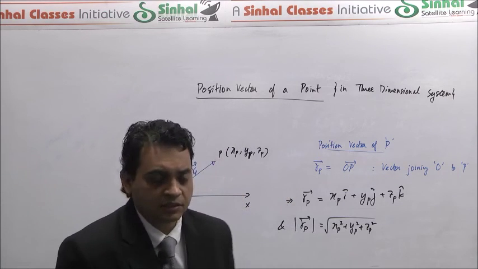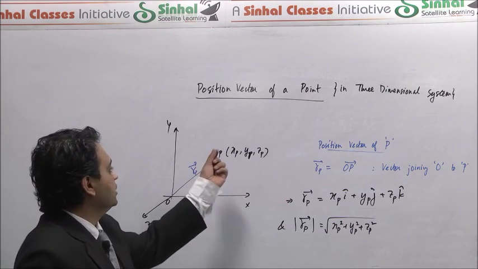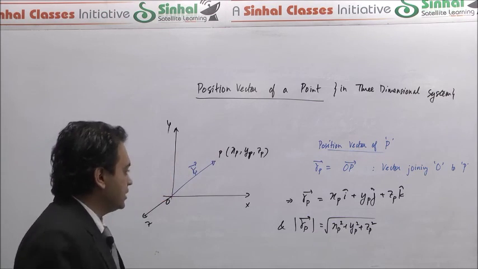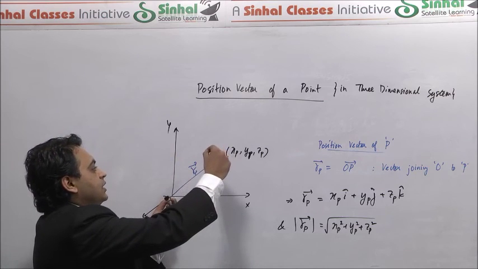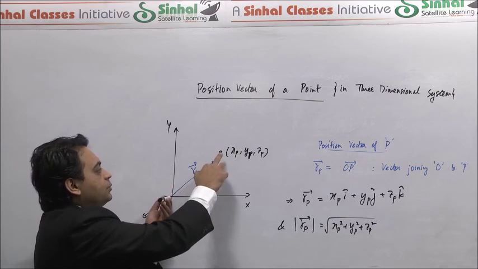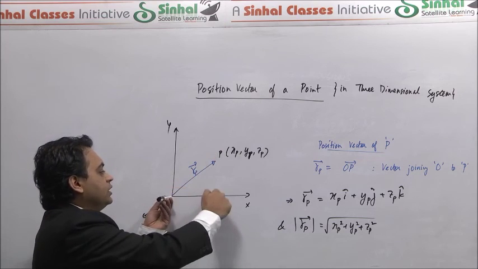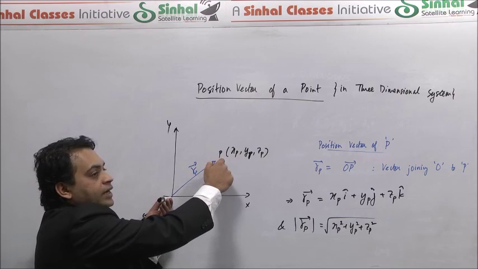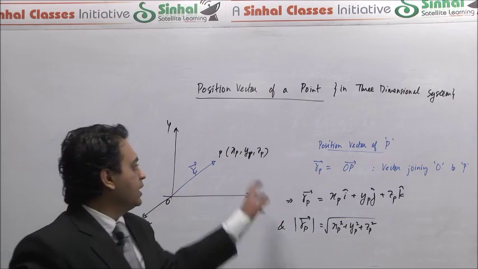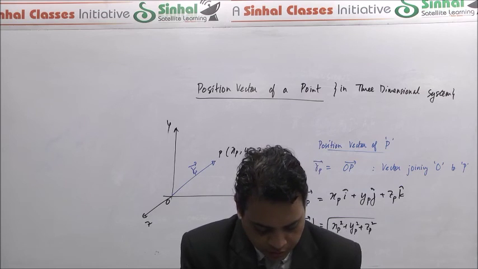So you just visualize it as the vector that locates the particle P starting from the origin. If the particle P is, let's say, located here, it has a certain x coordinate, a certain y coordinate, and a certain z coordinate, because the z axis is again lying here. Now how would we locate the point P starting from the origin? That is what the position vector Rp is telling us. We would go x units along the x axis, follow it with y units along the y axis, and then z units along the z axis, and we would arrive at the location which is given by xp, yp and zp. Right? So that is the logic of this particular part.